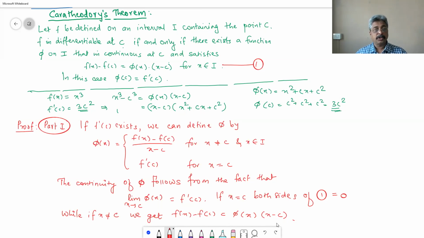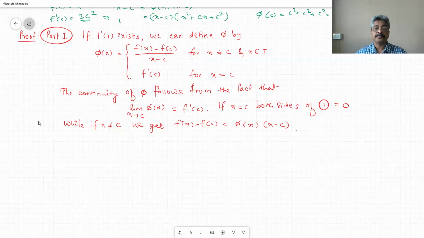So this is what it is, if f dash of c exists, then we get this result. That is part 1. And part 2,